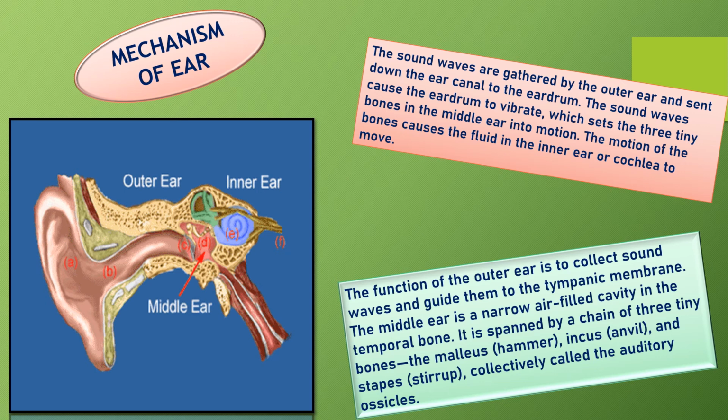So if I want to explain the mechanism in very short terms, I can say the outer ear, which we see, is called the pinna and collects sound from the surroundings. This collected sound passes through the auditory canal, at the end of which there is a thin membrane called the eardrum or tympanic membrane. The sound travels through a series of compressions and rarefactions, because this is a sound wave, that's why I am using these two terms, through the medium.